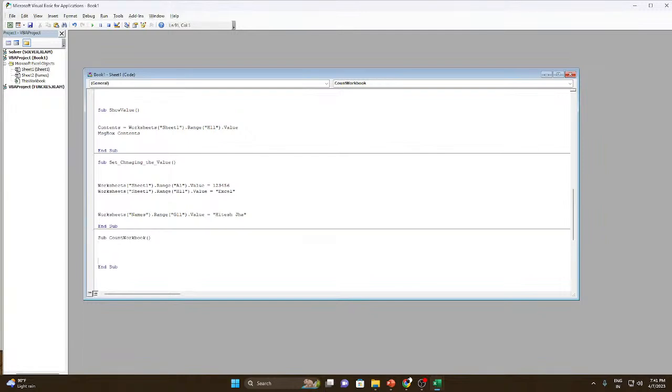Count workbook. Inside this I'm writing a message box, and in my message box you should call worksheets dot worksheets dot count. Can you see this particular method, worksheet dot count? Use this method. If I run this, it is going to give me 2 worksheets have been counted. Now if I want to see how many workbooks have been open, now you can use the